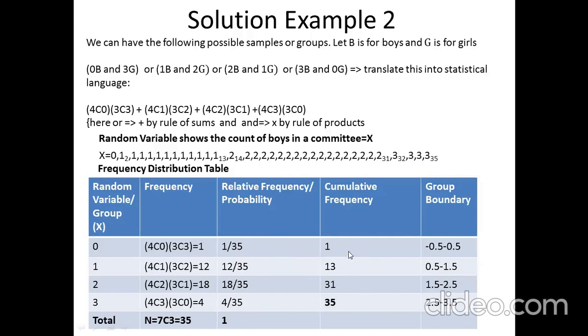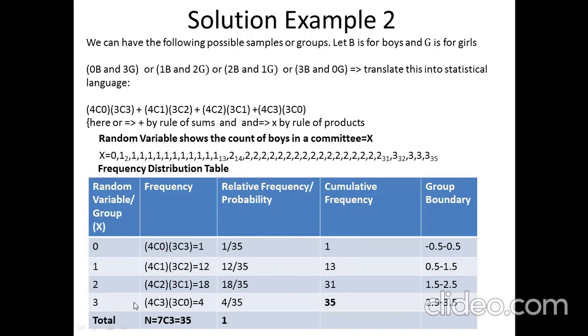Next comes the column of cumulative frequency, which is the accumulation of frequencies. It's a very important column, not only in quartile, percentile, and decile calculations, but also in the way the data set is formulated. For example, the cumulative frequency for 0 is 1. The cumulative frequency for 1 is 12 plus 1, which is 13, which shows that till the 13th value in the data set we had 1. Then the cumulative frequency of 2 is 18 plus 13, which is 31, which means that till the 31st value in the data set we have 2, and as shown in the table in this formulation of X, this satisfies this thing.